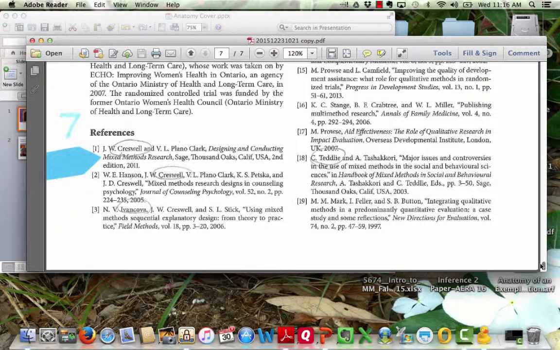So to summarize, I've identified 7 features of this publication that I think are exemplary in order to help you construct your own publications. So those were: 1, referring to the research as mixed methods in the title; 2, in the purpose statement, establishing the timing and priority of the study by using standard language, concurrent or sequential, explanatory, exploratory designs; 3, being very explicit about the reasons for opting for a mixed methods approach; 4, using a figure